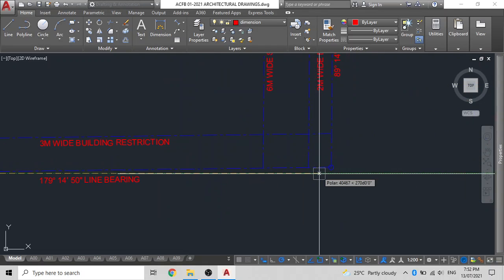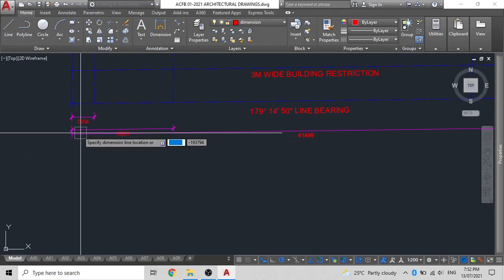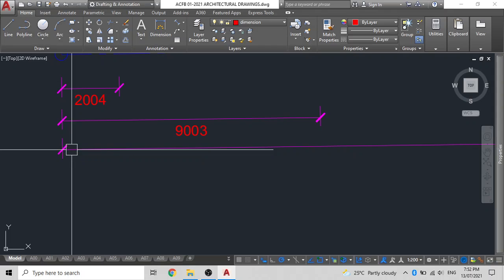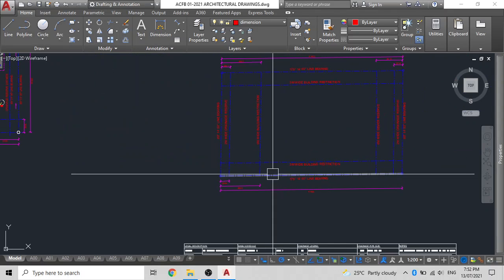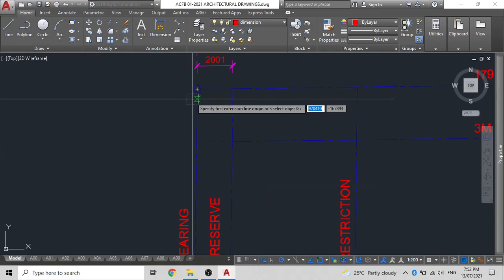You don't have to keep on selecting and entering your command. What you can do is also press enter, both the enter keys separately or the space bar to get your commands back. As you can see, I've done it there like so.